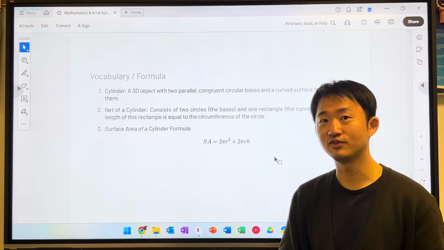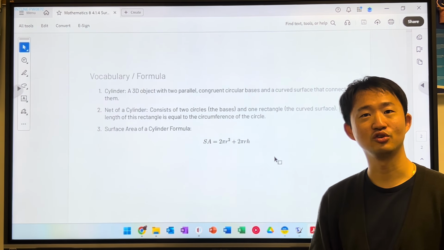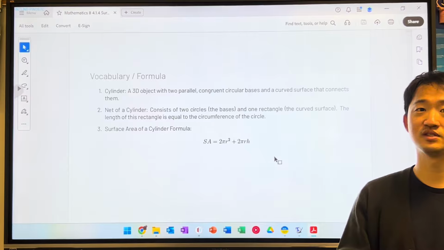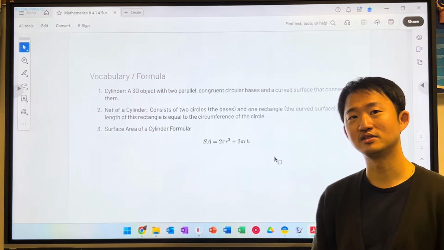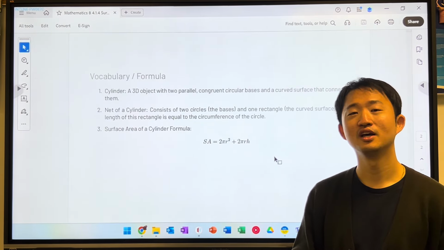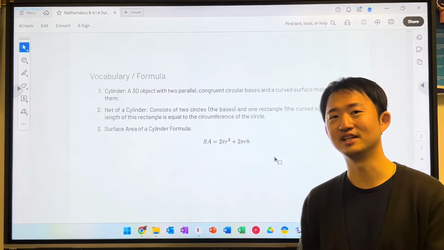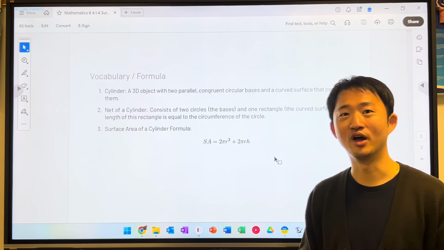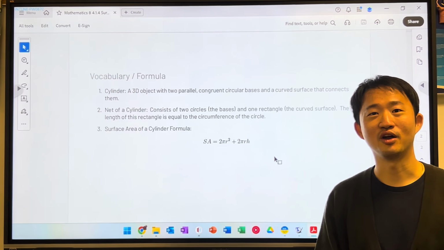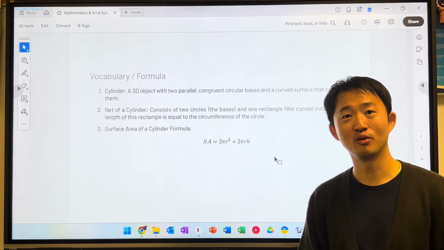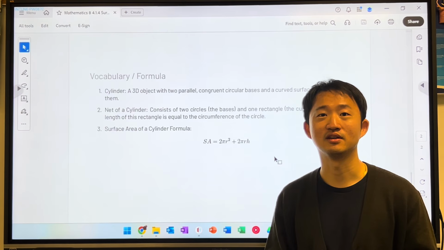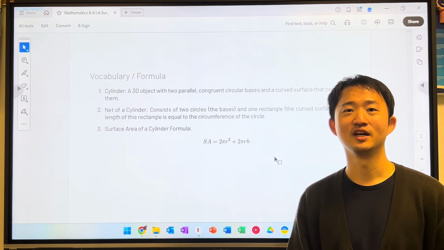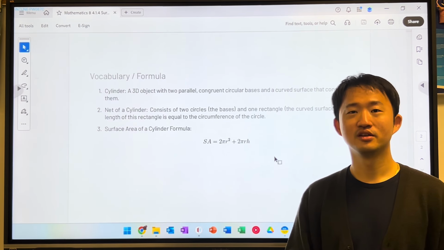Well, this formula is very useful for the cylinder, and you can use it if you want. Personally, I like to go with the previous formula, 2 times base area plus base perimeter times height, because it works for both prisms and cylinders at the same time. So if you have one spare spot in your brain, so you can memorize one formula, then I suggest that you memorize the surface area of a prism formula, and you can use it for both cylinders and